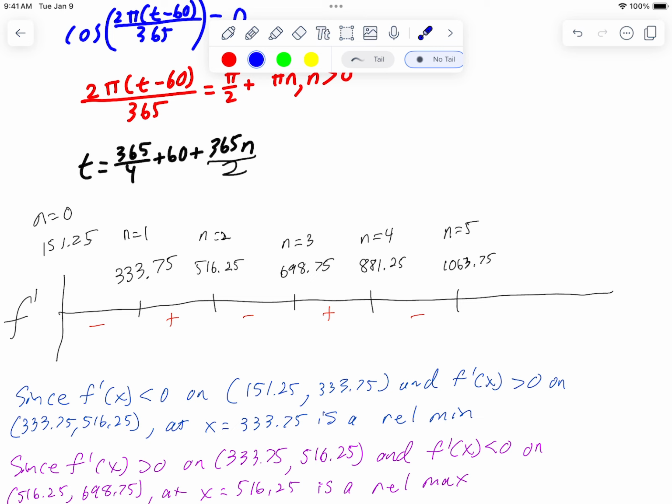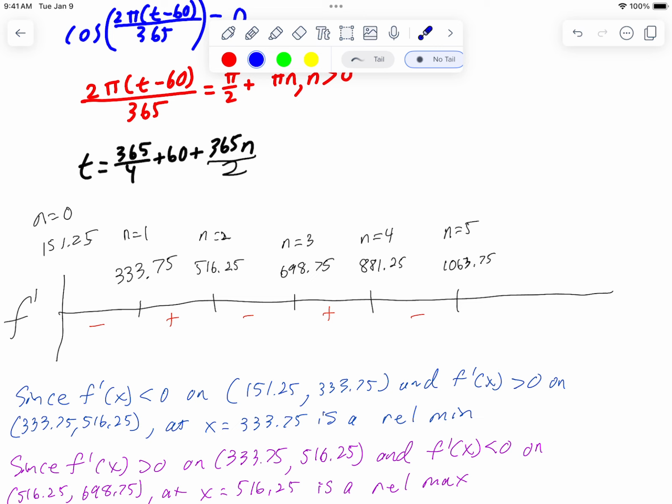Just to be clear, I'm getting that by using this equation here. So I'm literally just typing that into a calculator. And then I plugged in numbers within those intervals and tested to see, do I get positive or negative? Here I got negative, then positive, then negative, then positive, then negative. So I can see that at